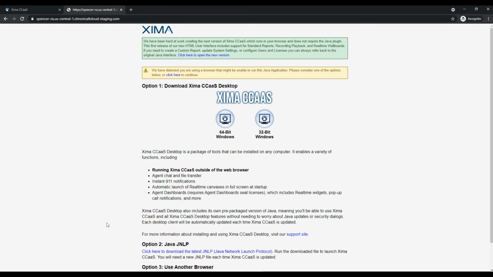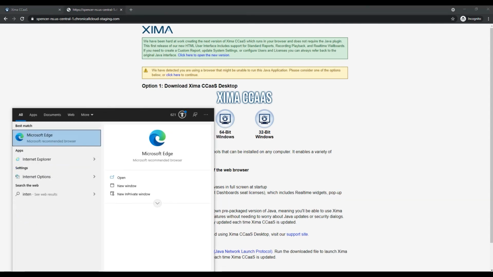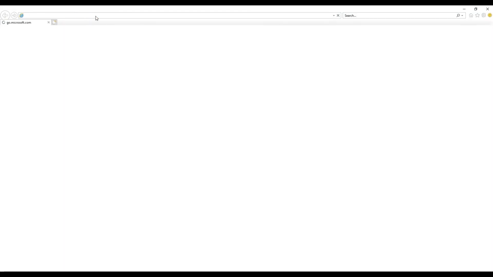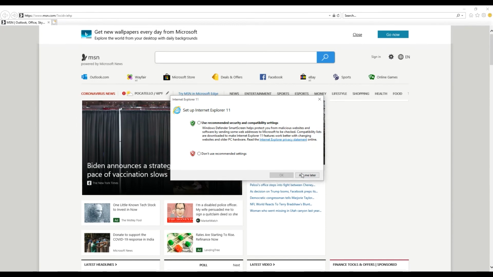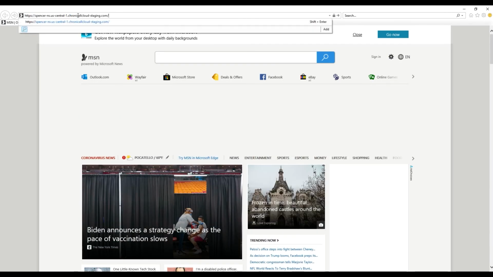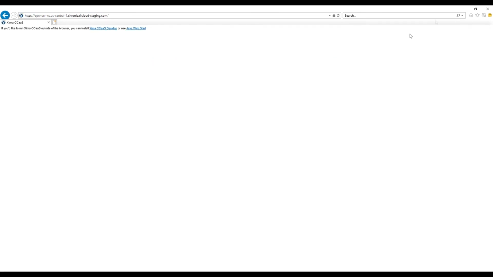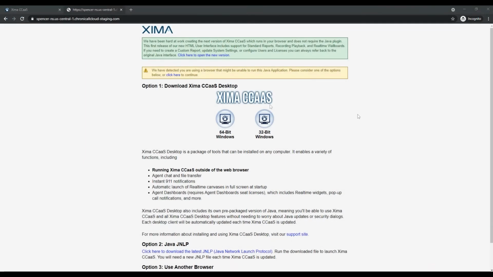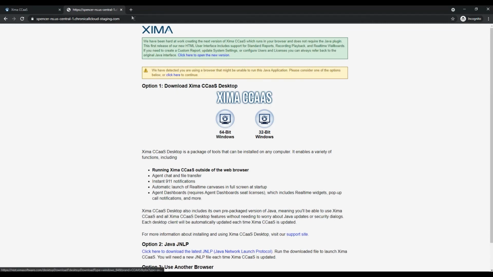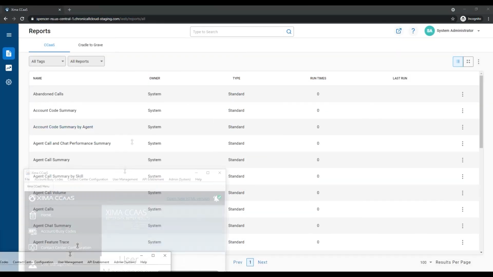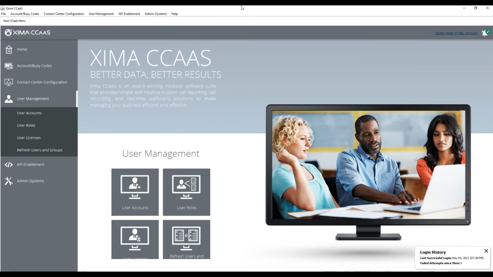Or using Internet Explorer, you can go right here, Internet Explorer, and then paste it here as well. And this will allow you to get in there and look at it from the web perspective. Okay, this is a Java application, so that's why it's asking for Internet Explorer and/or the application that has packaged Java, which is right here. However you want to do that, the login is exactly the same username and password as it is for the web HTML version. So once that's all said and done, you can come over here to user licenses